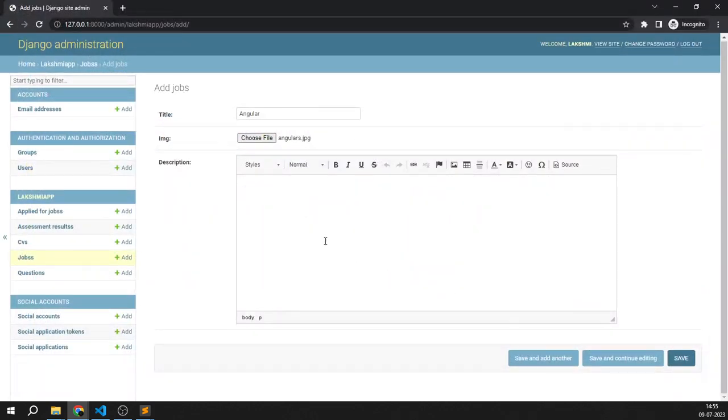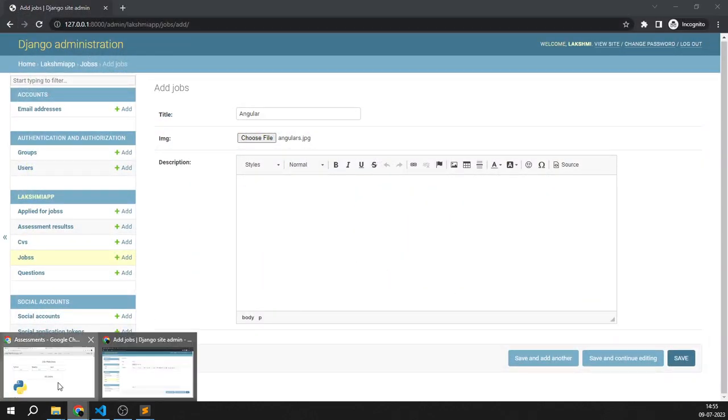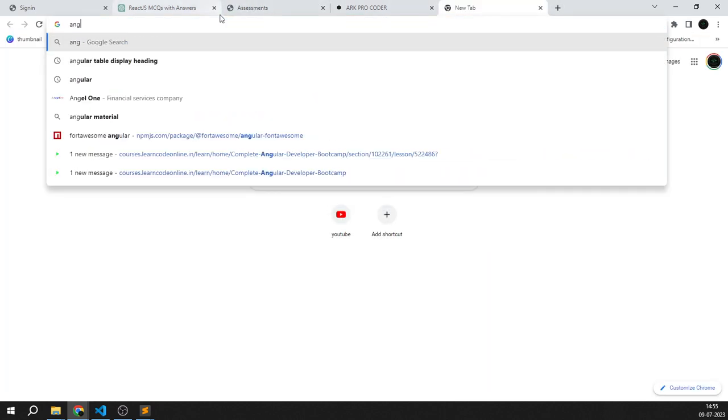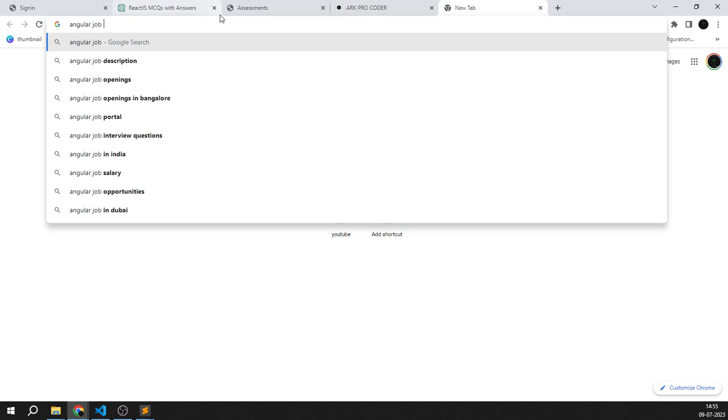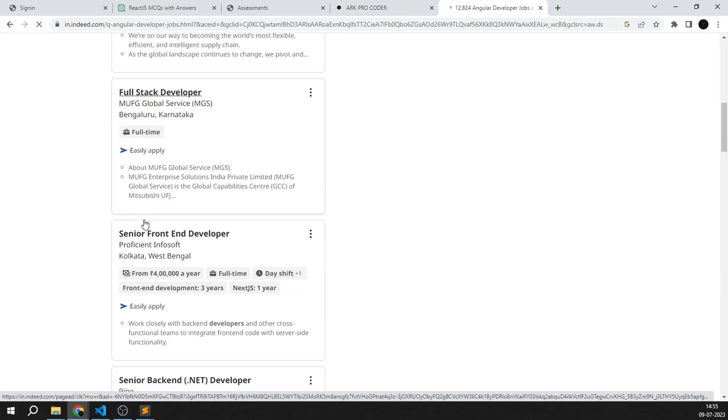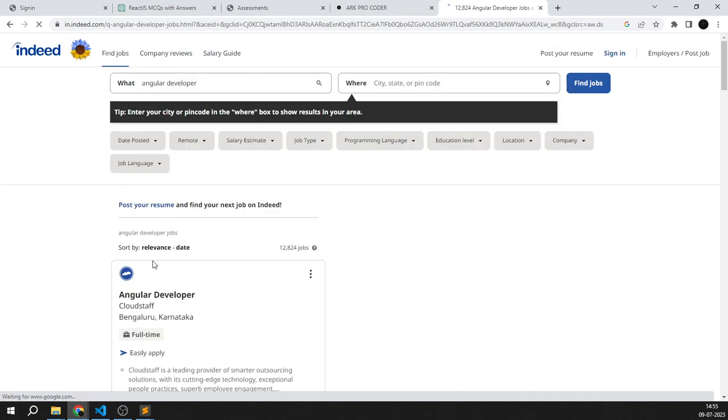Then I can add the description of the job here. What I'm going to do is come back here and search for Angular job JD. I'll get some information from any of the websites. Okay, so we have some data. Let's copy something here, Angular. If I open this,